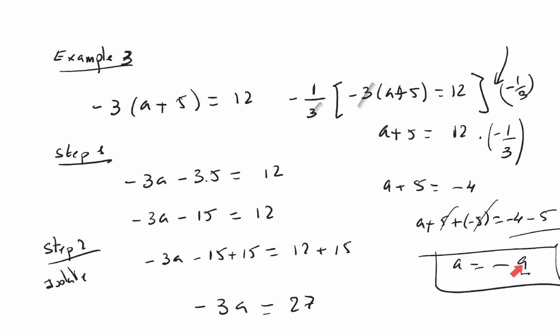If I plug in minus 9 here, minus 9 plus 5 will be minus 4. Minus 4 multiplied by minus 3 will be 12. It's a true statement, so this is the answer to the equation. This is the easiest way to do it. The other way is to multiply